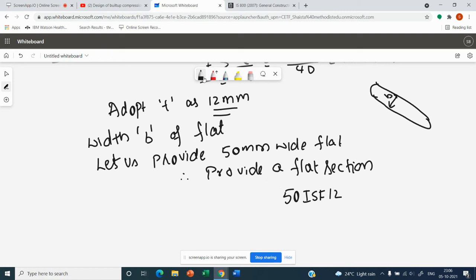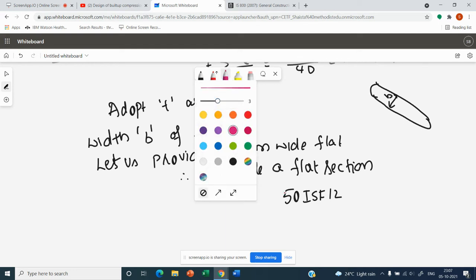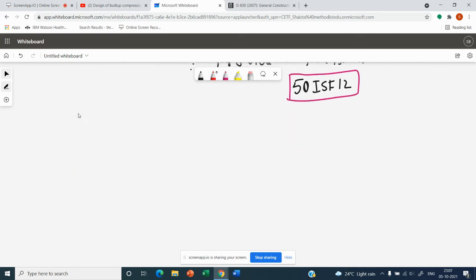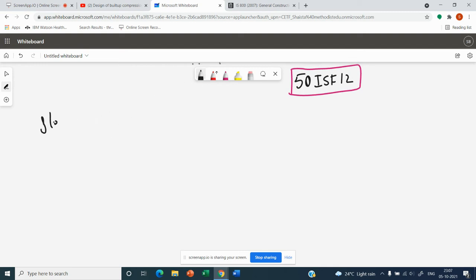So this is the section which you are selecting for your lacing. It means it is 50 mm wide and 12 mm thick. This is how we give notation for the plates, flats. Okay, so step 6 is completed with the design of the flats. That is, we have arrived at the width as well as the thickness. Now coming to the next step, step 7,